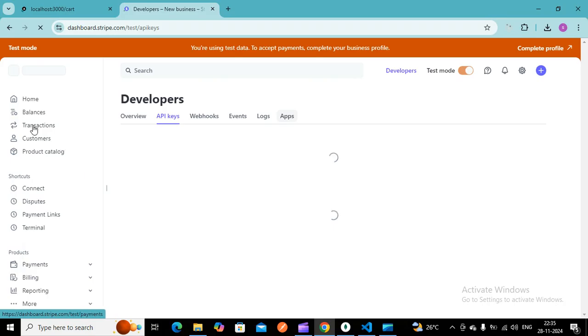In the transaction, you can see now the payment happened in this particular transaction. It's loading.